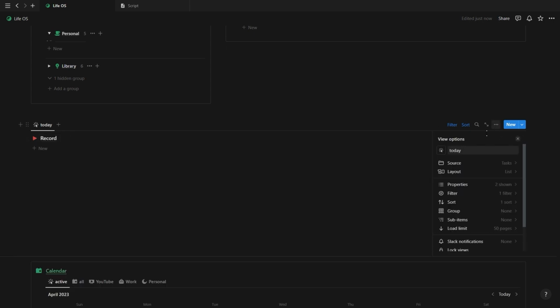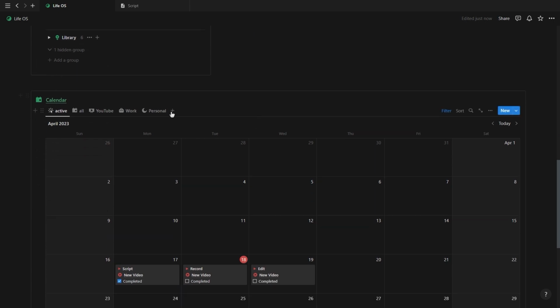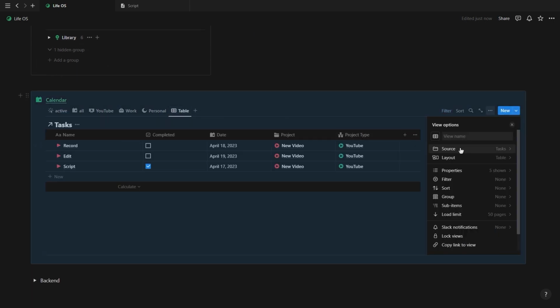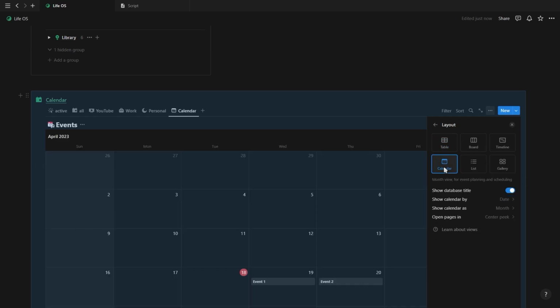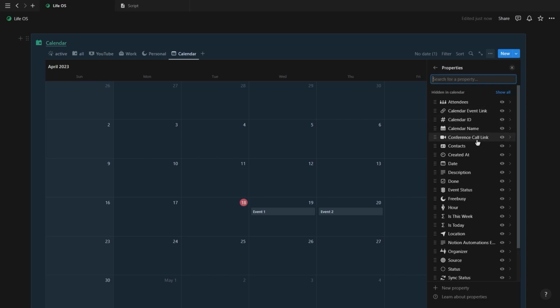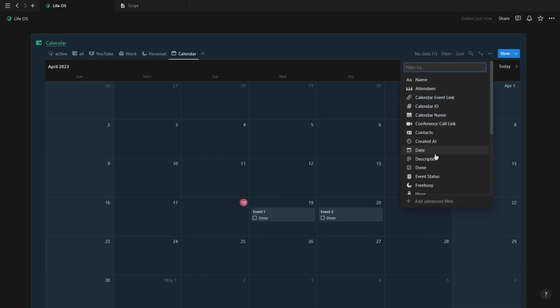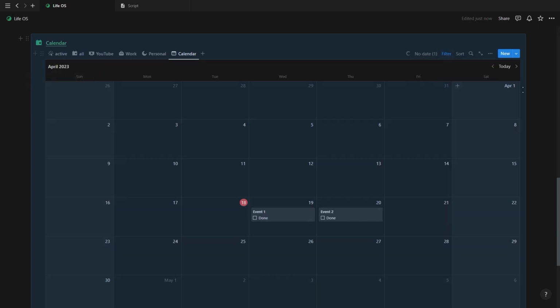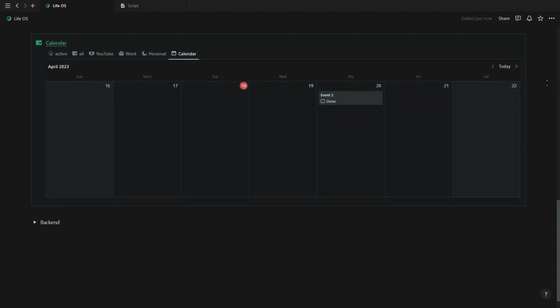So once you have your linked view calendar database, all you need to do is just create a new view and change the source to your Google Calendar database, which is called Events. Change the view to a calendar, hide the database title, make sure the Done checkbox property is showing, and that the calendar is filtered to only show database entries where the checkbox property is unchecked. You can also go to the Layout tab and change the calendar view from a monthly to a weekly calendar view. And that's pretty much it.